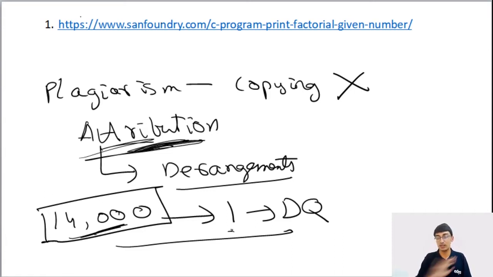And the best thing to do is avoid attributions. Look at the logic, try to implement it yourself. If you have done copy paste, please mention the link. If you have not done copy paste, which I advise, then just go ahead. But the major thing you have to remember is never ever post your own code online. You don't know who is looking at that code and who can copy it. I have had my own batchmates get disqualified from some really international level competitions just because they pasted their code on Google Docs online or something. So don't do that. Don't get into all of this. Let your code be your own code, okay?